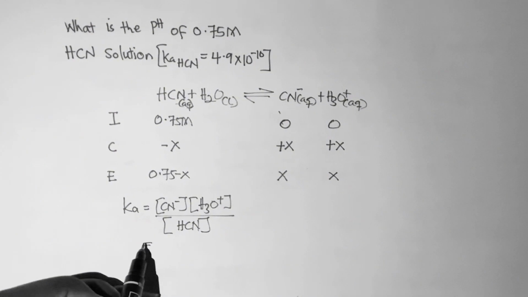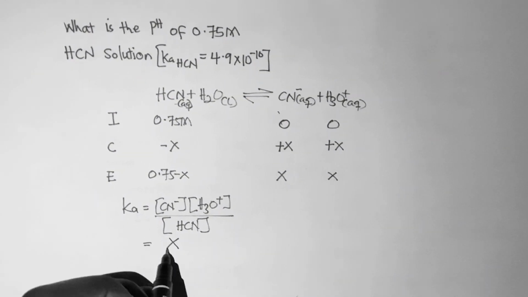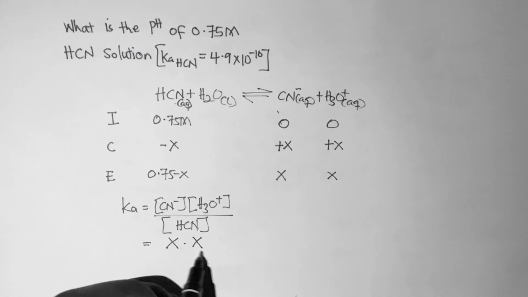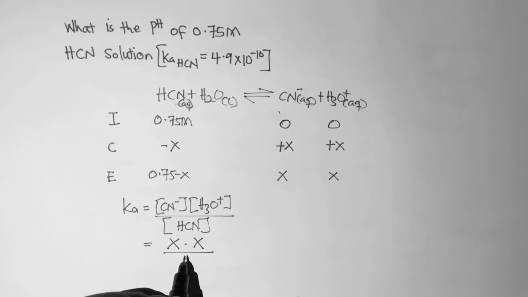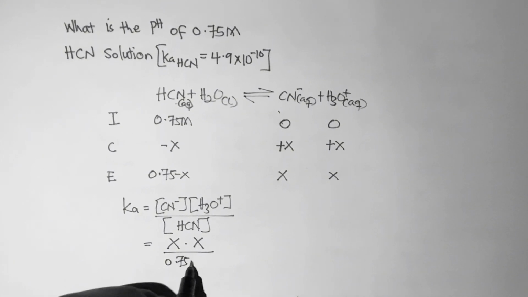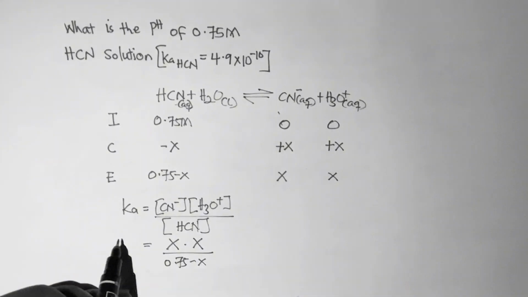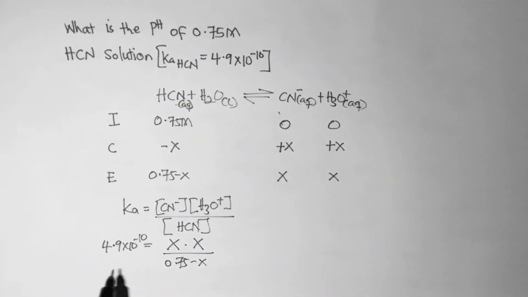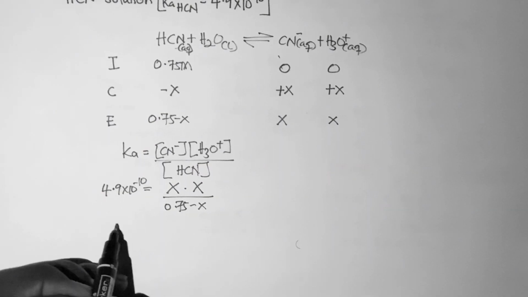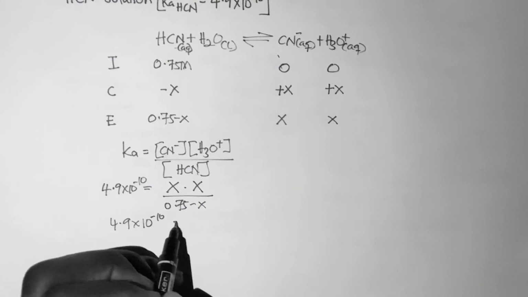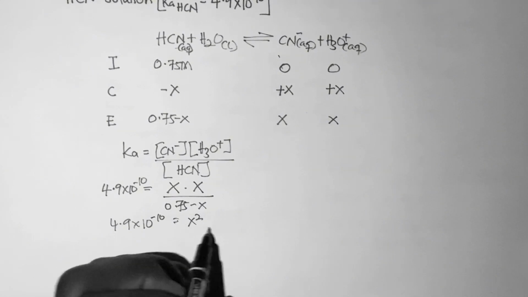So this is equal to the concentration of the cyanide ions, X, times the hydronium ions, which is also X, divided by the concentration of the HCN, 0.75 minus X. And the K was given as 4.9 times 10 exponent minus 10. So this implies that 4.9 times 10 exponent minus 10 is equal to X squared divided by